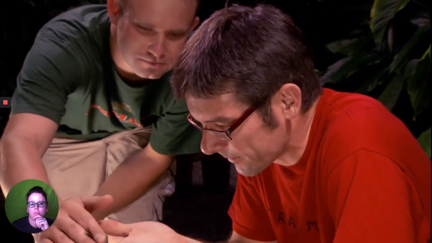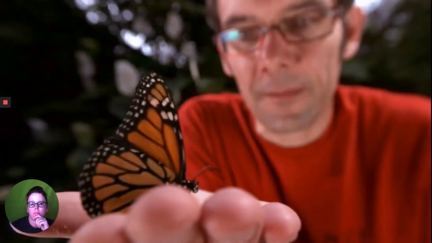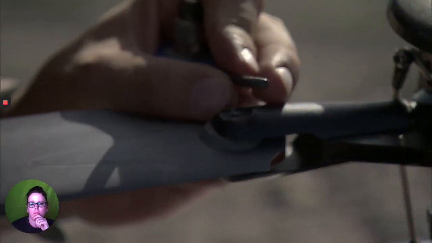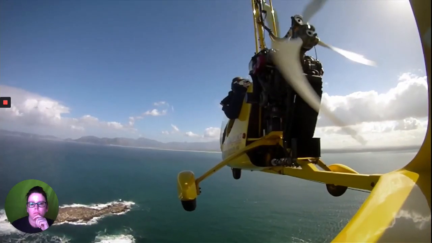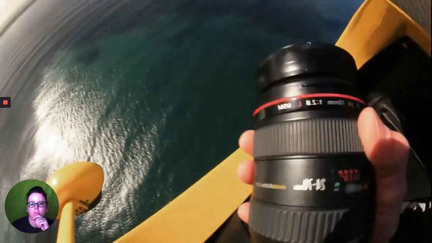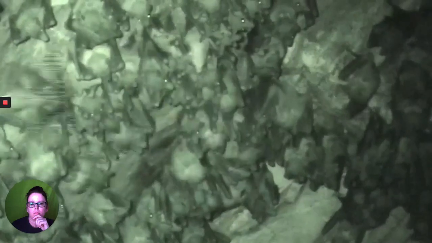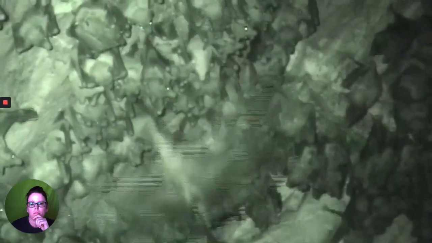So, how do you study an animal that can't sit still? Engineers at National Geographic have come up with a few ways to study animals while they migrate. They use stationary camera traps that wait for animals to appear. They've used